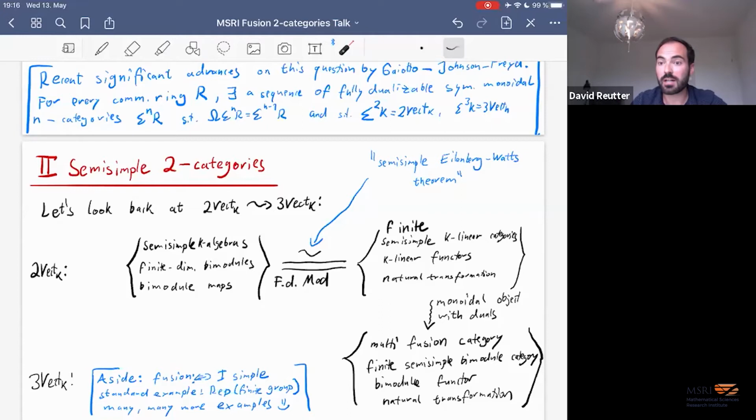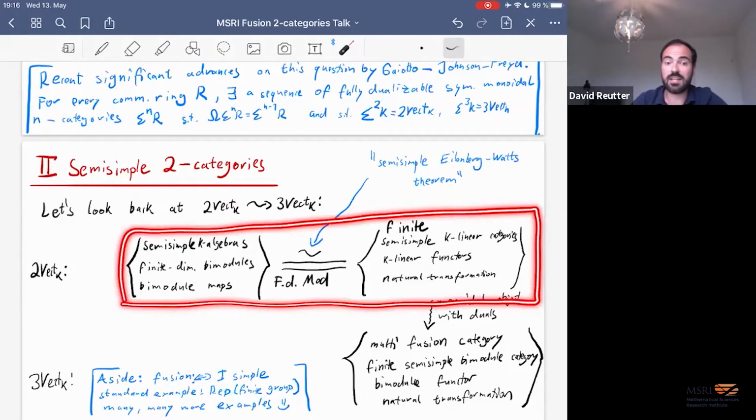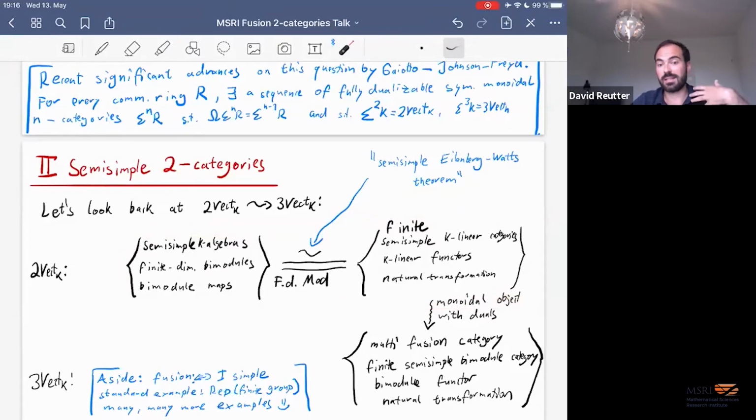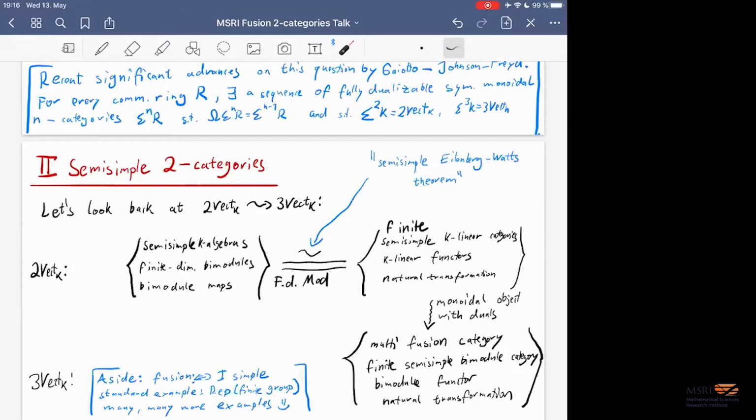And so it would make it much, much harder to actually work with these gadgets. So here the monoidal objects are monoidal categories with a k-linear enrichment and additional properties, rather than some sort of arrangement of data which is more complicated to handle. So what we're going to aim for is to first understand what's the appropriate Eilenberg-Watts theorem for multi-fusion categories. So how can I push multi-fusion categories forward into something which one could think of as finite semi-simple 2-categories? Now, finite semi-simple bimodule categories turn into